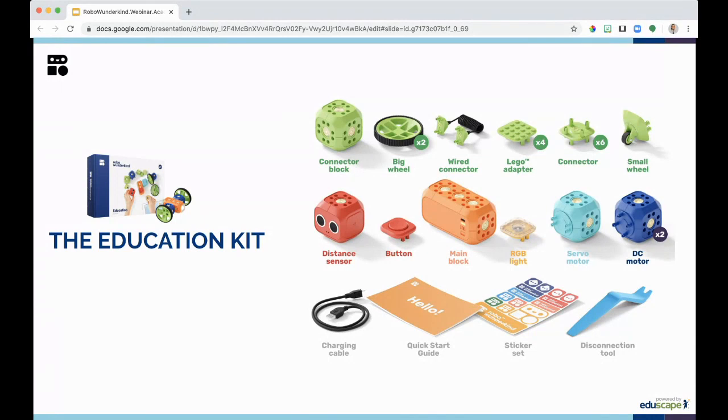So a variety of pieces. To some teachers, that might be really overwhelming. How do I use this in my content? How do I even use this? How do I facilitate the management? And how do I have my students know where to put it? How to put it together? Essentially, how can we prepare teachers to implement Robo Wunderkind into the classroom effectively?